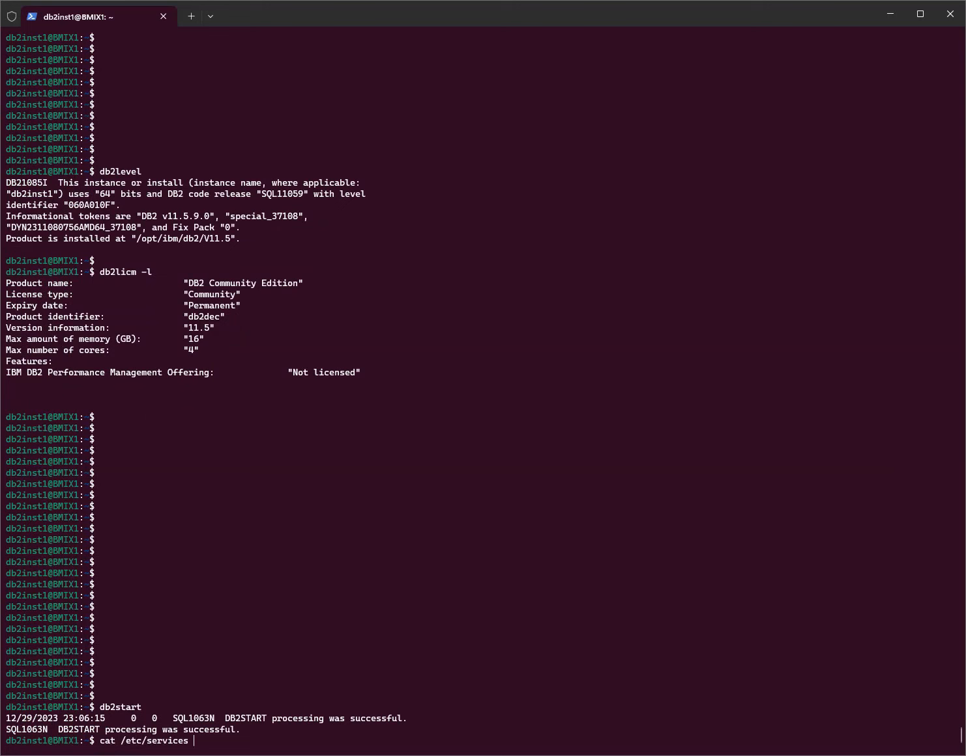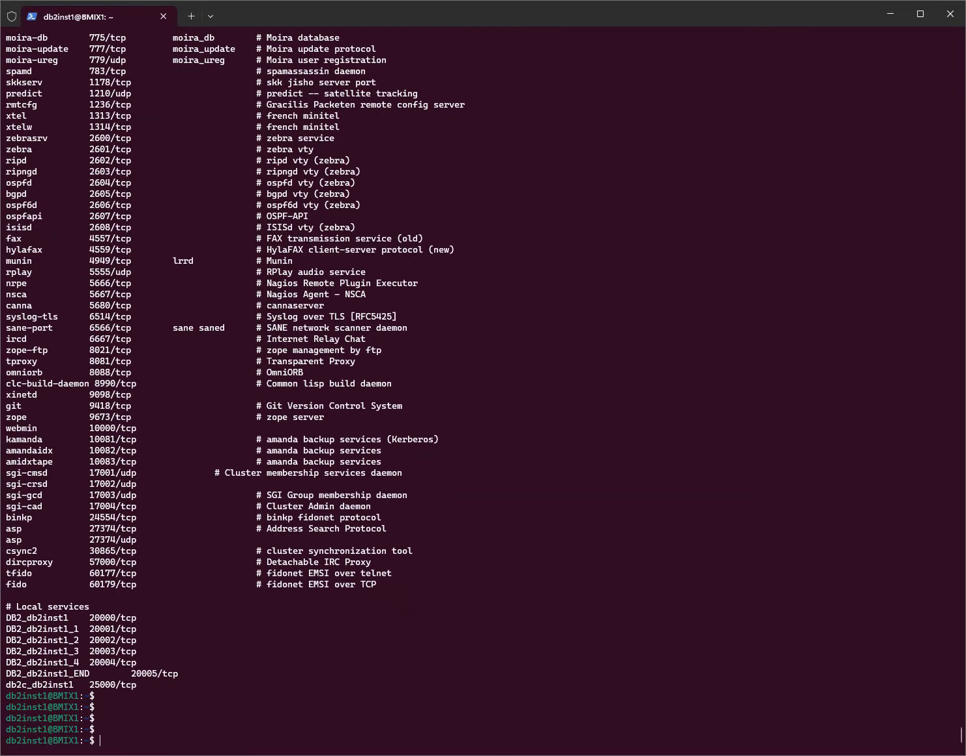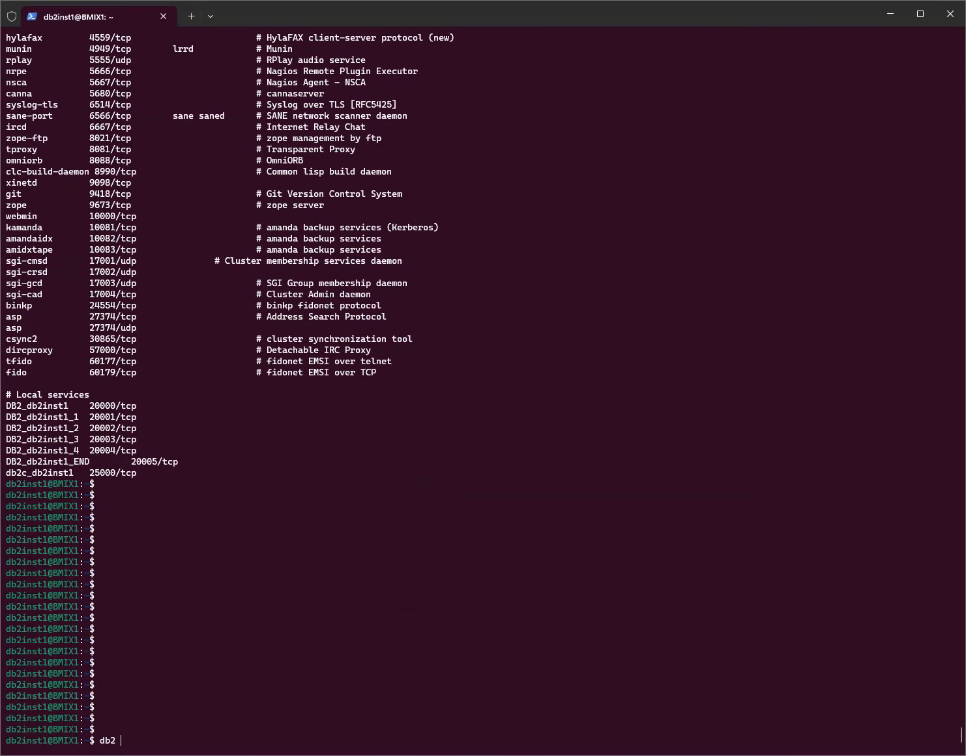and start the instance. So let's take a look at the services. What port is going to listen? I think now default is, in the old days, the default port is 50,000. Now the default port is 25,000. Okay,